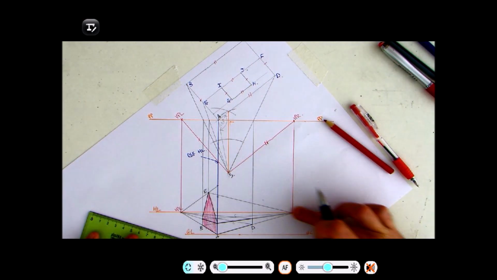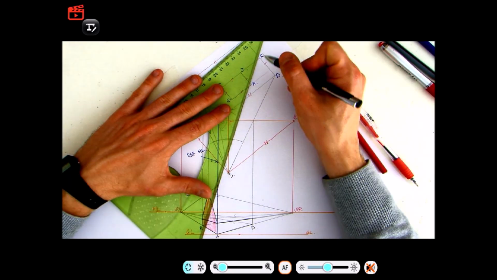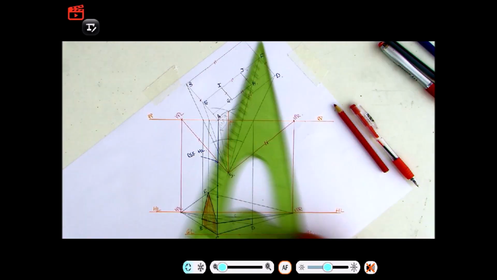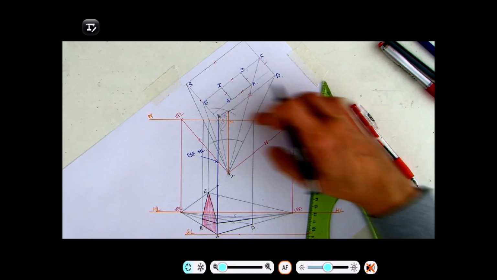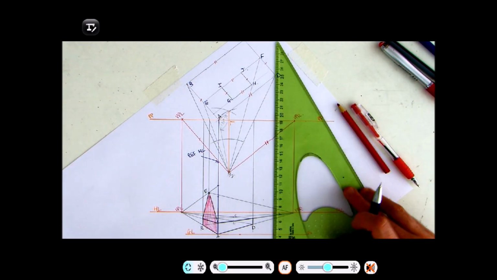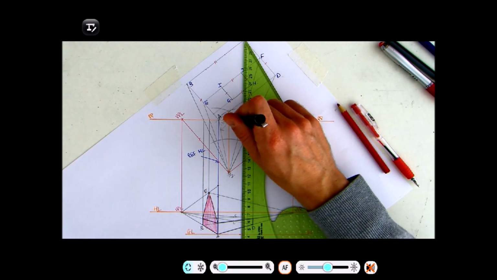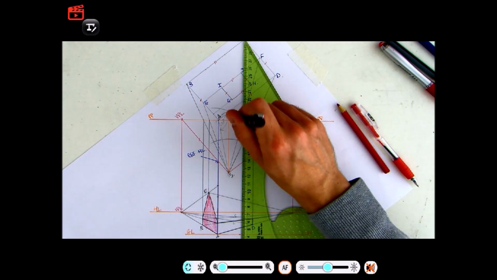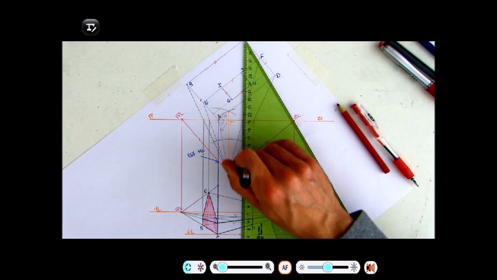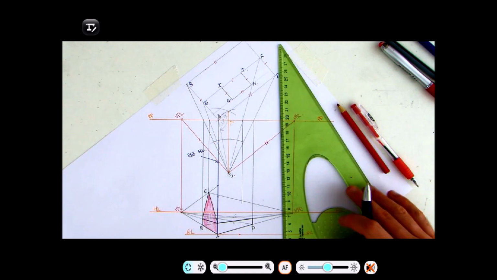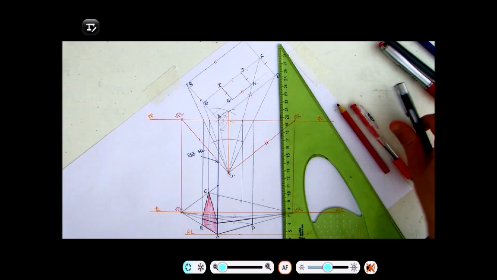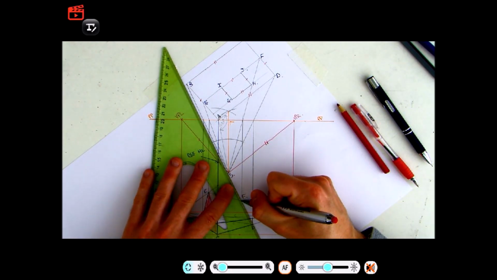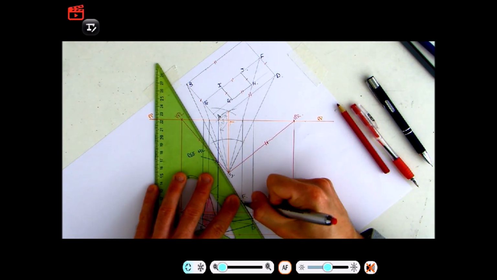How do I find out where that is? I bring F to the eye of the spectator. Wherever it hits the picture plane, which is capturing this image, remember, that's where we're putting the image on. It's like an artist's canvas, or the screen of a phone or whatever projector. F comes down there, and that is the location of F. So I can now bring D to F, E across to F here,